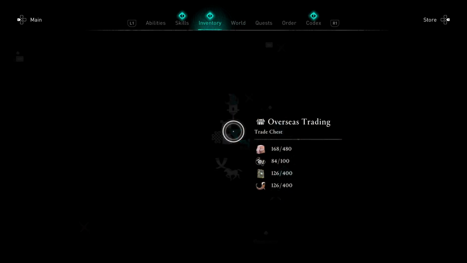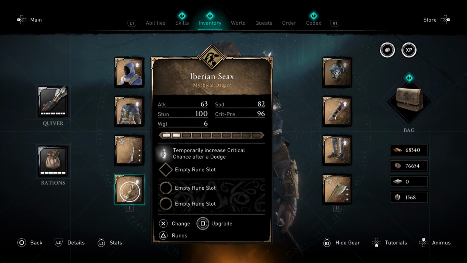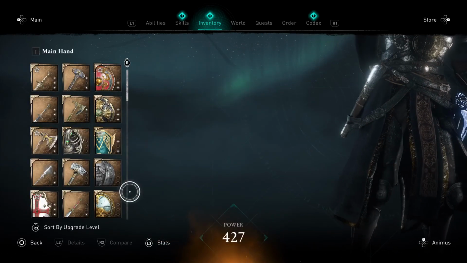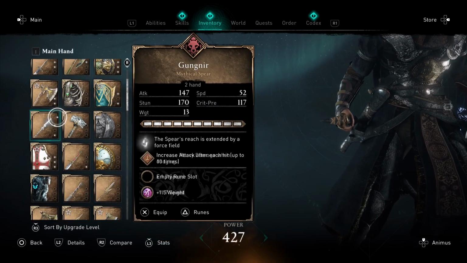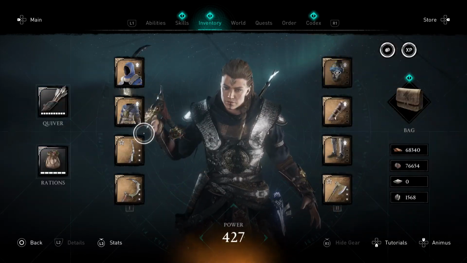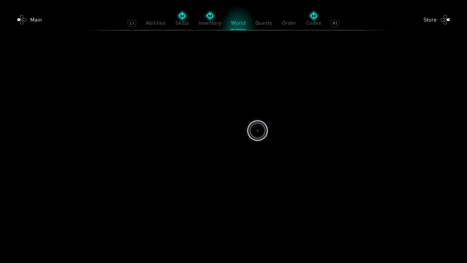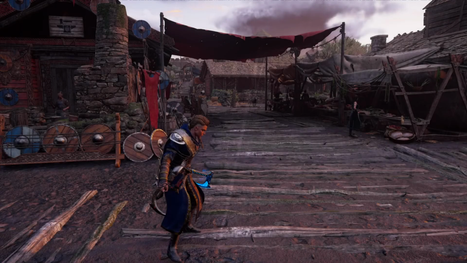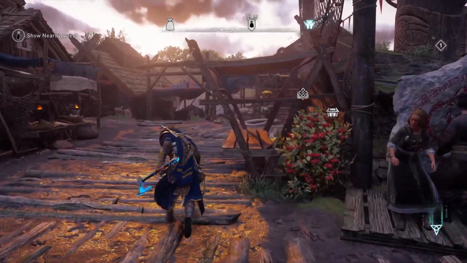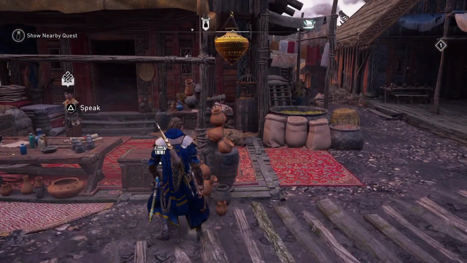Now, what was the 10% critical chance after a dodge? Okay, that's actually not too bad. That's actually pretty good, as far as I'm concerned. Now, I'll go with the sickle anyway, just for the moment. Okay. Let's go. In fact, let me just see what...